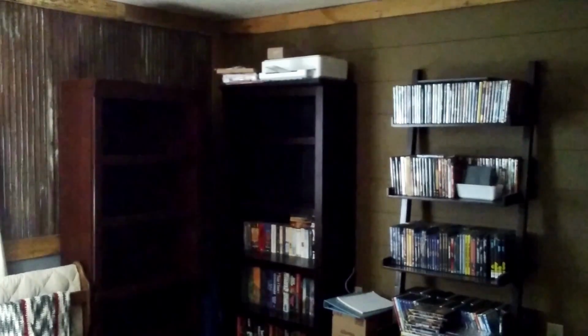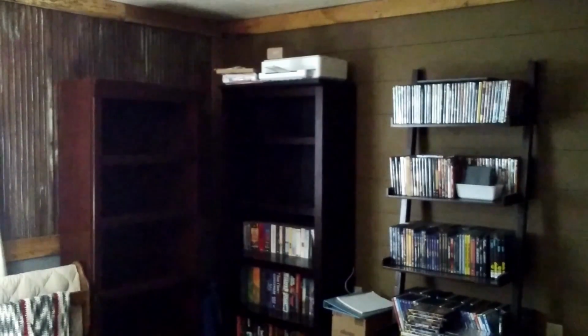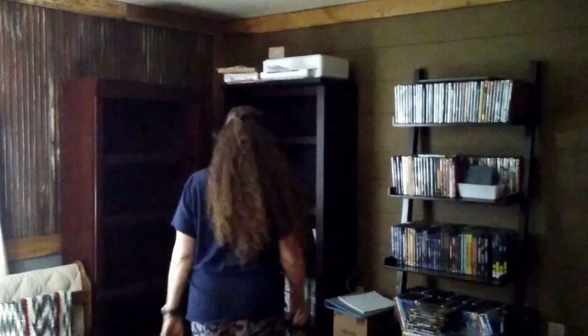So I'm just taking all the books off the shelves here, and I'm going to be going through and sorting them to what we want to keep, want to sell, want to gift. Sorting through what is too young for my kids anymore,